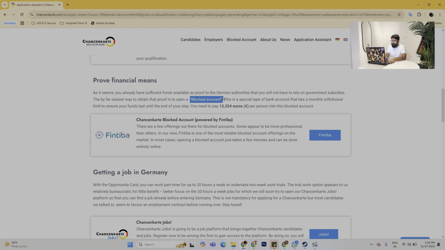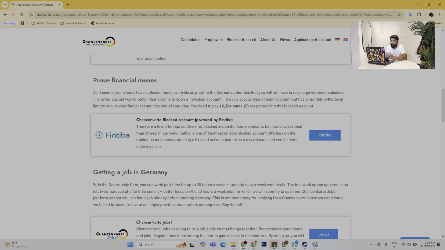If you are not a working professional, and if you have just completed your graduation, post-graduation, then probably you will have to consider a blocked account to at least provide an assurance to the VFS station, to the German consulate, stating that you have sufficient financial means in your account, and for 1 year, the time period where you will be living here in Germany,